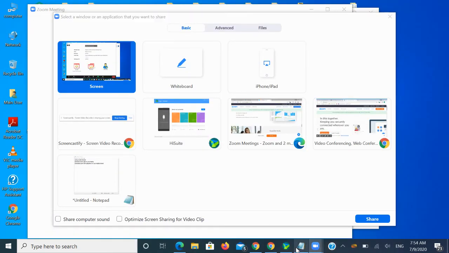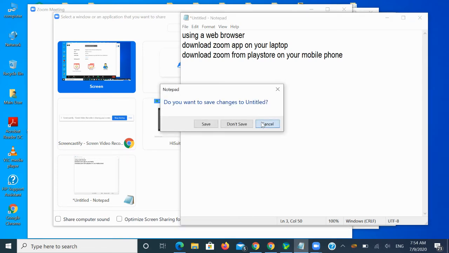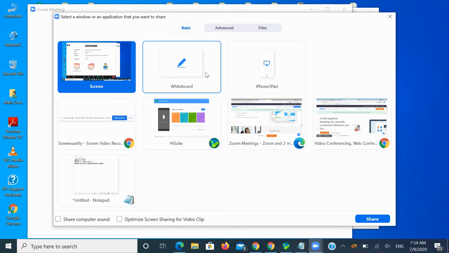Then I have a Notepad app, which is open over here. Keeping in mind all those things, all these screens will be displayed over here. Do you want a whiteboard? It will be here. Do you want to connect an iPhone or an iPad? That's also over here.